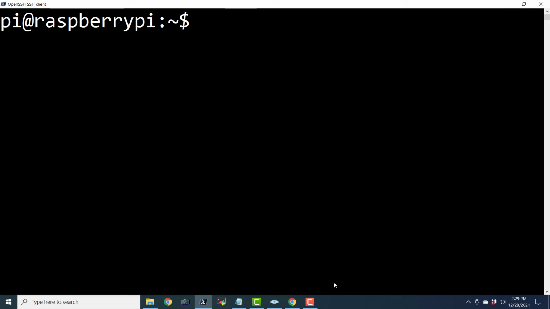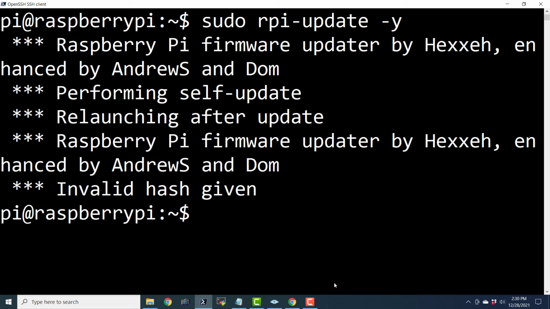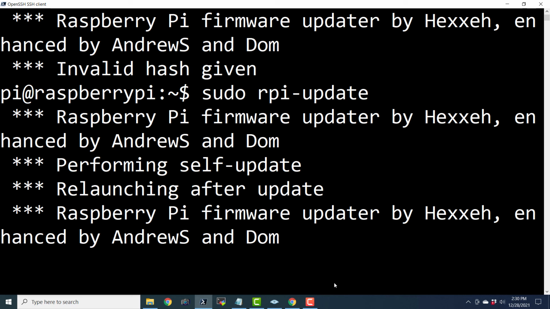Finally, we are going to see a command which is very specific to Raspberry Pi OS on Raspberry Pi, and this is not going to work on any other computer. So the final command is sudo rpi-update. It is going to update the firmware. Okay, and I'm going to say -y. So if I hit enter, it is going to go ahead and update the firmware. Okay, so it seems that I have entered the wrong option. -y cannot be entered here in this command. And if I hit enter now, it should actually start upgrading the firmware.